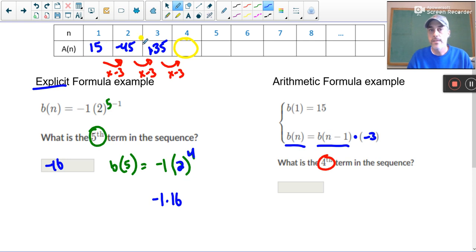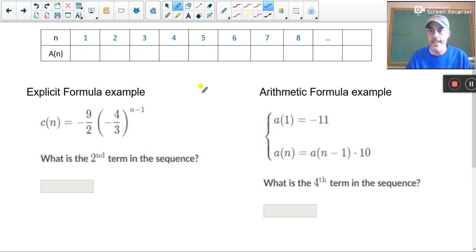Okay, so we're going positive, negative, positive, and that's what happens when you continuously multiply by a negative number. And times -3 again, and I get -405. It asked for the fourth term. I built up because I'm doing recursive formula work, and I got -405 as my final answer. Okay,